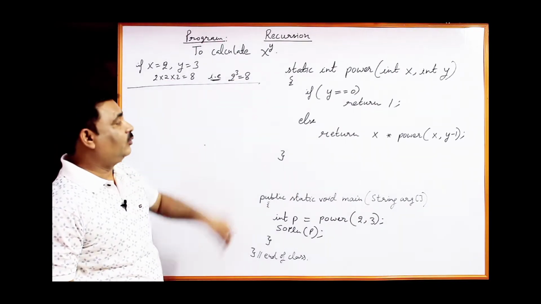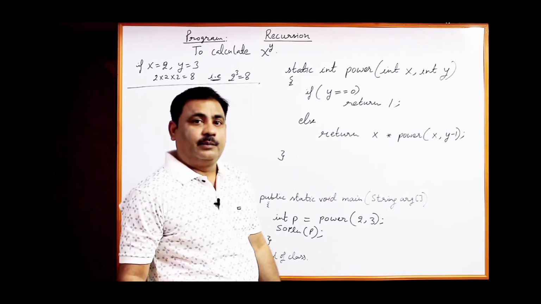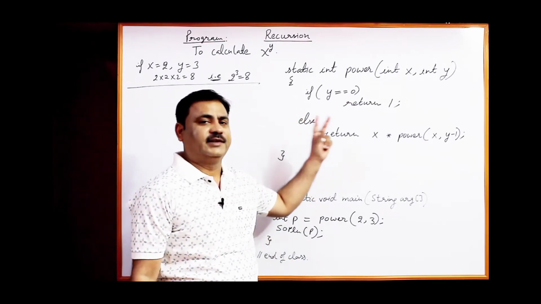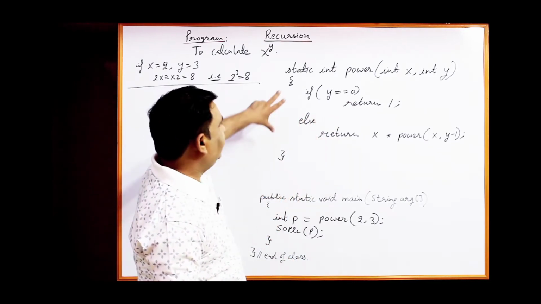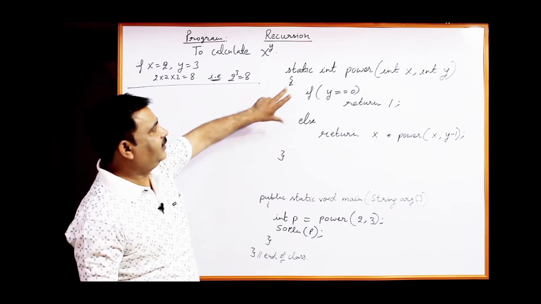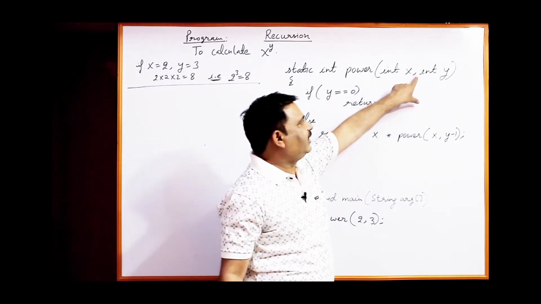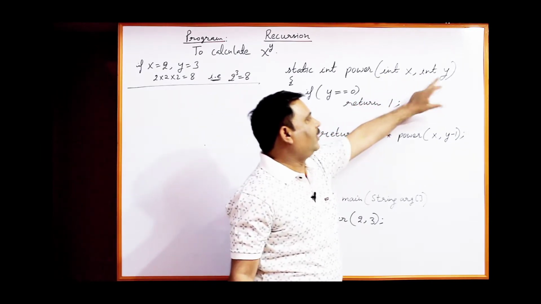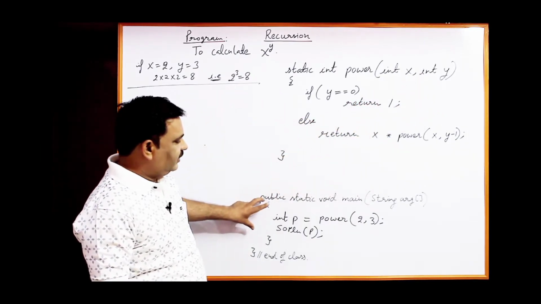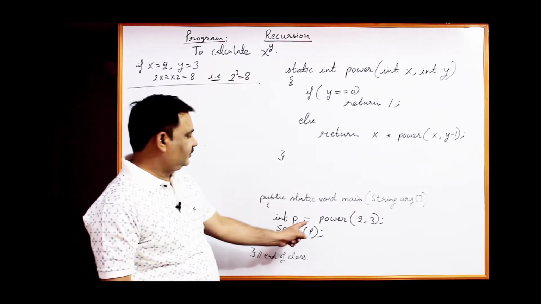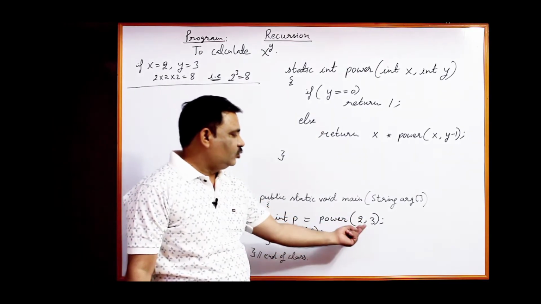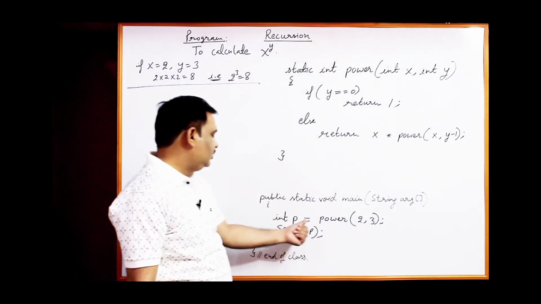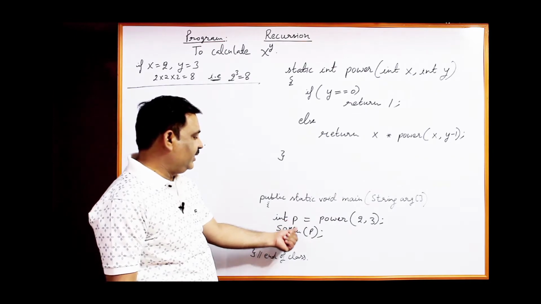We have to calculate it like the power function of the math class, but here we are working only on integer values. So here I have made one function power, with two variables, int x and int y. We have to calculate x raised to power y. From the main we will call the function power, passing two values 2, 3, it means we have to calculate 2 raised to power 3. Finally the result will be stored in variable p, and it will be printed.